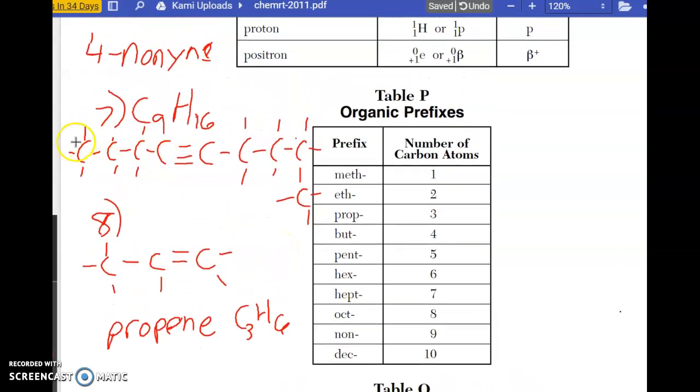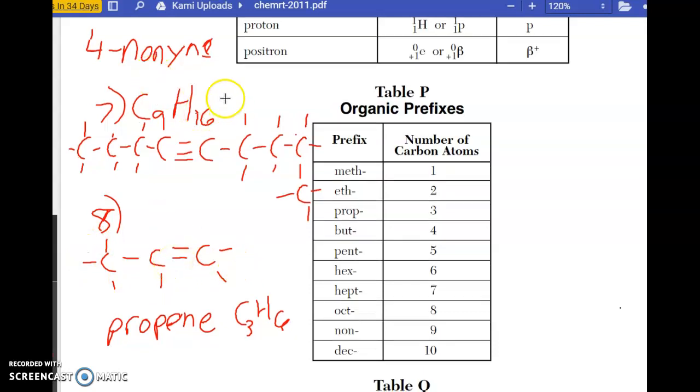Okay, and also just a quick note that when I draw out the chain like this, like the picture, that is called the structural formula because you can see the structure. And this is the structural formula, whereas this way of representing it is called the general or molecular formula, because it's just telling you